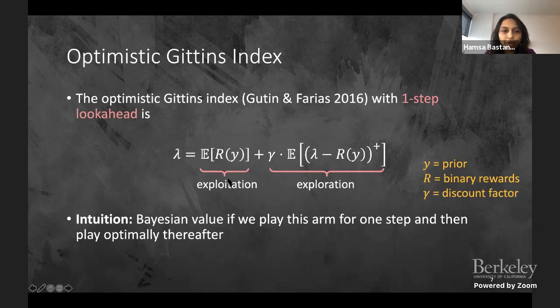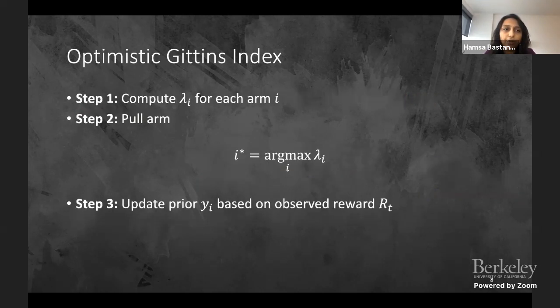So this first term here, the expectation of R of Y, is just the estimated prevalence of passengers from that arm. So that's our exploitation term. We want to test places that have high prevalence. And then we have an exploration term that captures the uncertainty in our estimates to make sure that these estimates are actually good. Right? So I'll refer details to that paper, but if you use this algorithm, it's very simple. All you do is for every arm, you compute this optimistic Gittins index, and then you pull the arm that has the highest index, you observe the feedback, and then you update your prior